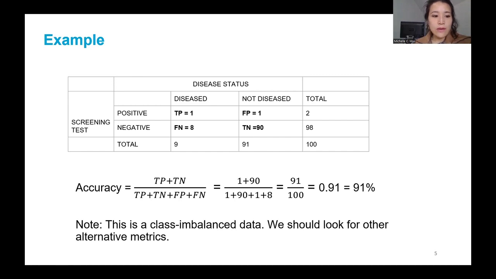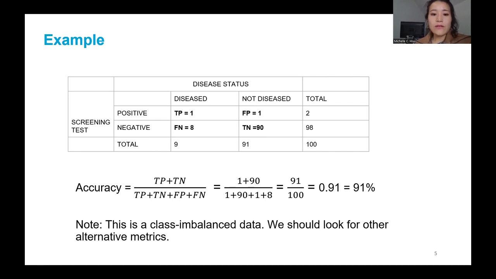Now, the reason I'm giving this example is that you can see that we have imbalanced data here. This is actually very common if you work on rare disease clinical trials. You'll see some kind of variable or measure of absence and presence of a rare disease. So it's likely that almost all of the samples will be negative for both the disease status and the screening test values. So in our next slide, we'll cover